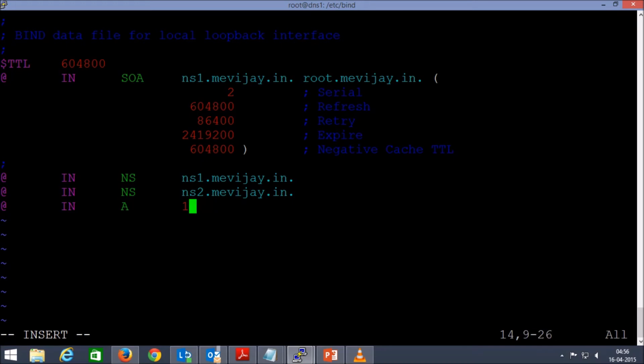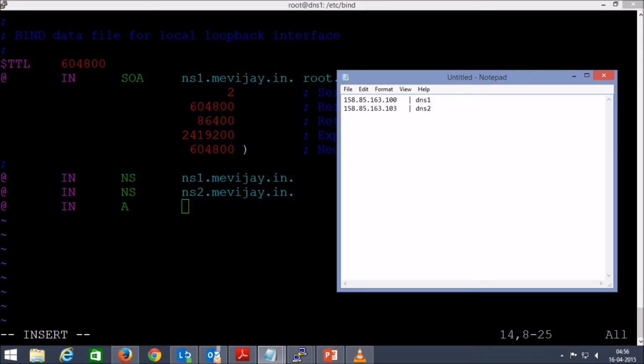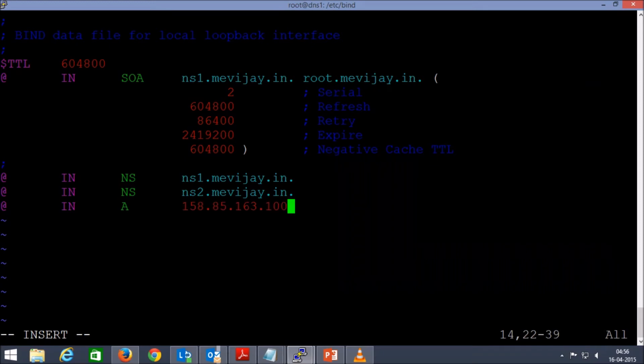Now this one is, let me check the IP address. Yes, so it's actually 103. All right, this one is the 100 IP, ns1 having the 100 IP.